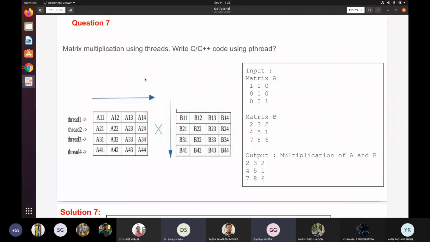Okay, go ahead. Yeah, let us go with this programming. This is a coding level program. You might have done the simple programs where we need to add the numbers using threads or multiply the numbers. This is just another question based on it. You have to do the matrix multiplication using the threads. So if the matrix size is n cross n, you can try to use n threads and write some pseudocode, I guess. If you can write the code also, that is fine.